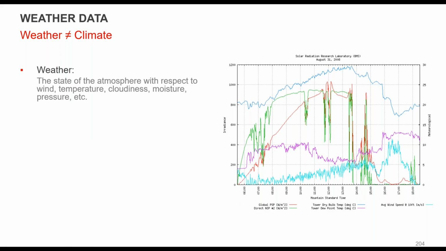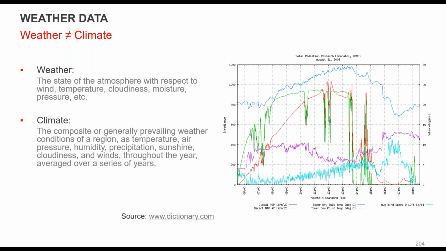The other thing is to understand the difference between weather and climate. Weather is what's happening now. It's what the app on your phone says. It's what they talk about on TV or radio. It's a snapshot of what's going on. Climate, on the other hand, is a long-term view of it. Now, how long that view is makes a difference, but it's the generally prevailing weather conditions of a whole bunch of different variables for that.